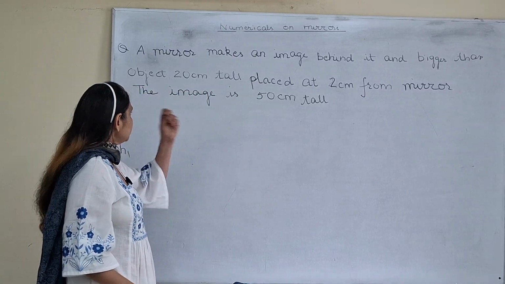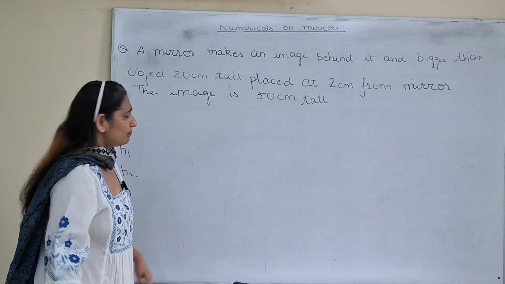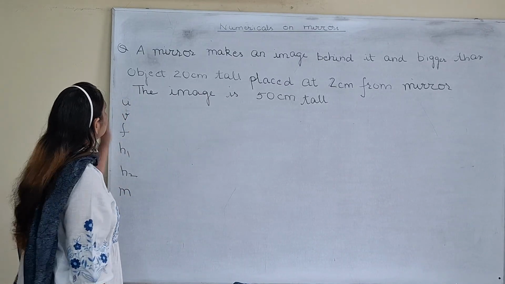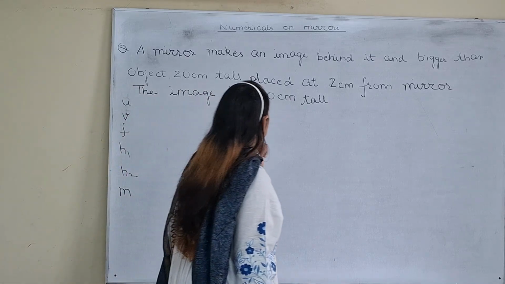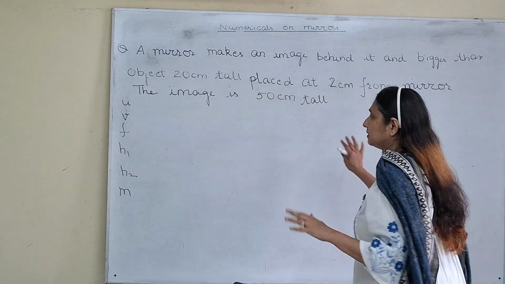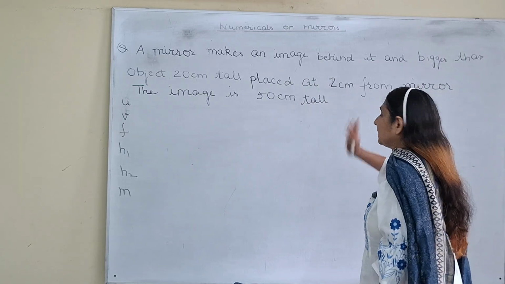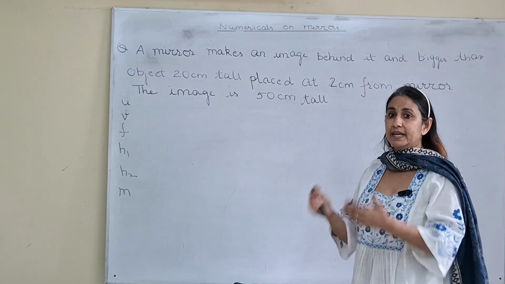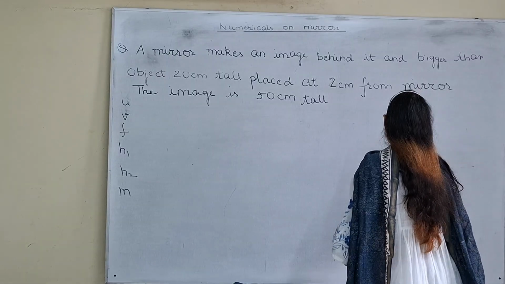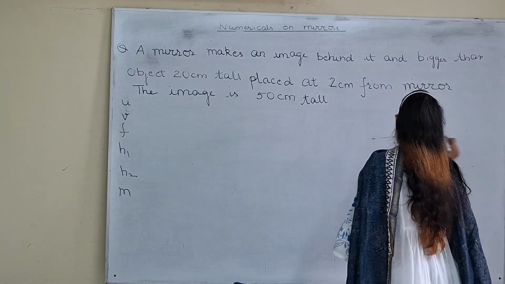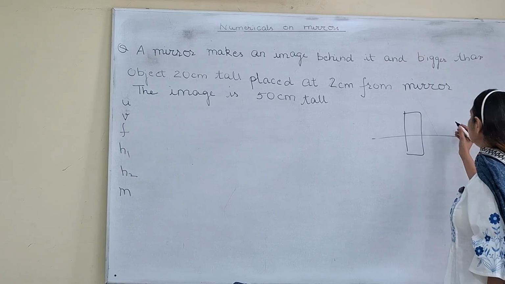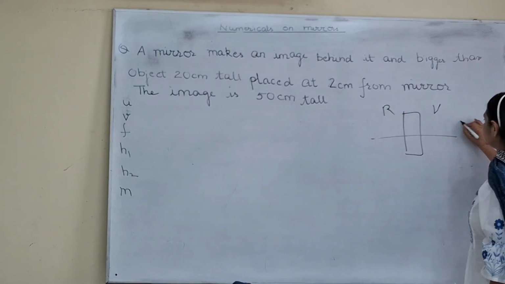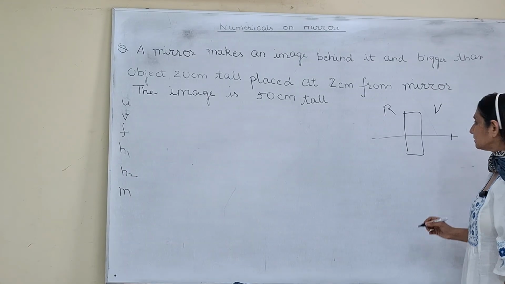Okay, now the next question is in the same format, this data and the question, and we'll keep filling in. Okay, a mirror makes an image, कुछ नहीं पता चल रहा. अभी मिरर ने बस एक इमेज बनाई है, कैसी पता नहीं कुछ भी. Behind it, the image is behind the mirror. Whatever mirror it is, we don't know the type, this is called behind, right? And this is the virtual side and this is the real side. So the image is somewhere here. Okay, let's mark it as this. This is the image.